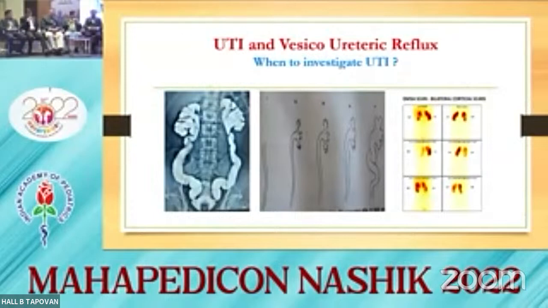Okay, what are the indications for surgery? What are the indications for surgery for VU reflux? Grade 5 vesicular reflux, then grade 4 vesicular reflux, then grade 1 to grade 3 vesicular reflux,